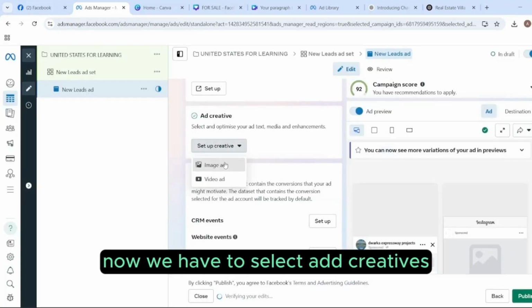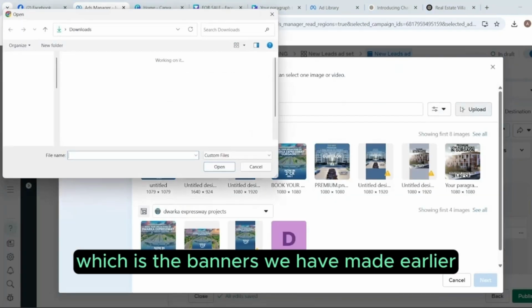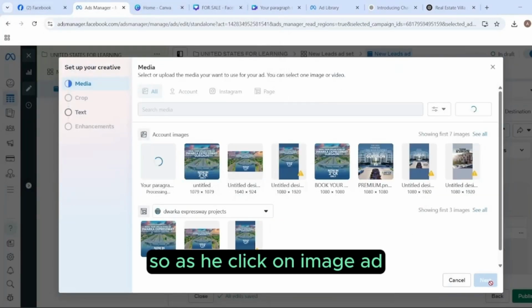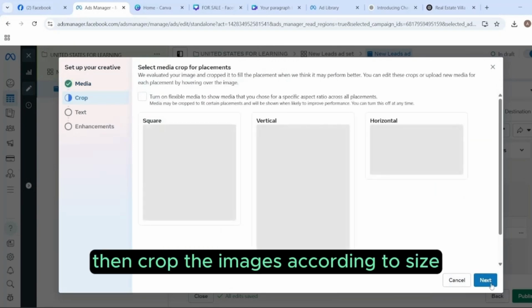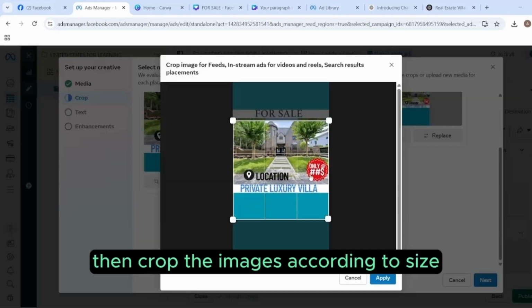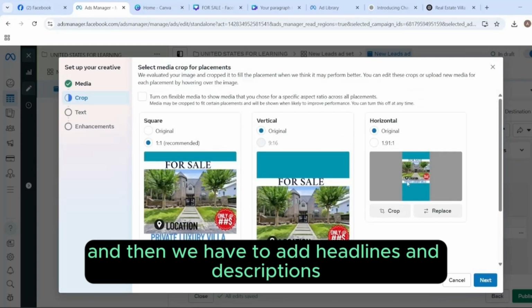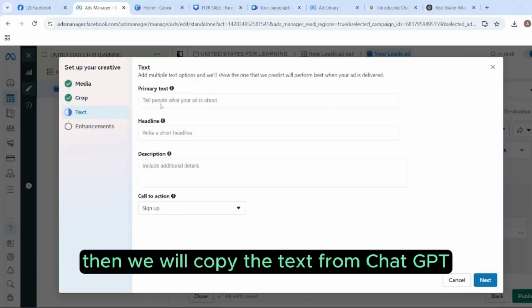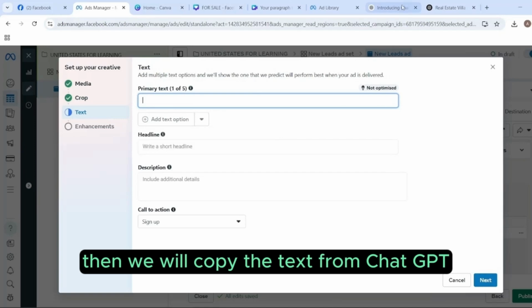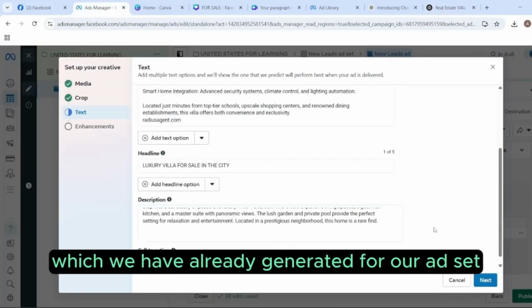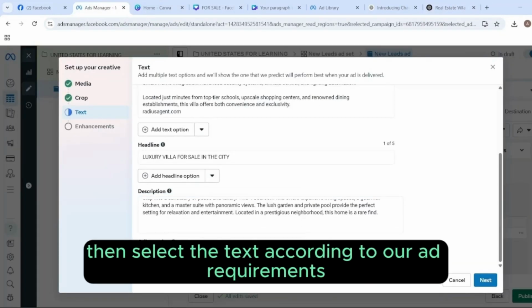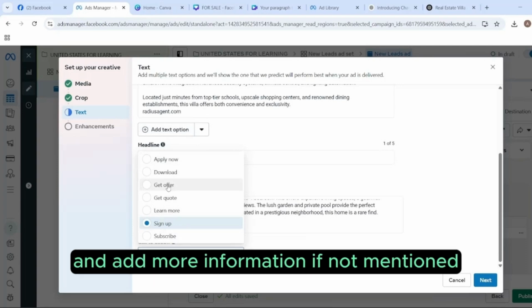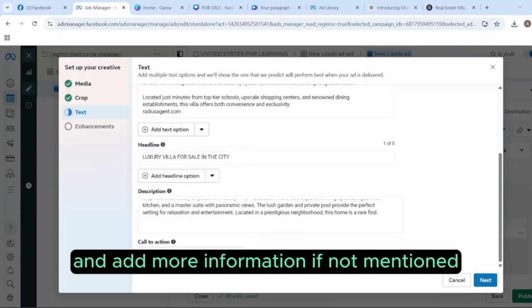Now we have to select ad creatives, which are the banners we have made earlier. So click on image ad, then upload the banners, then crop the images according to size. And then we have to add headlines and descriptions and call to action, which I am using learn more. Then we will copy the text from ChatGPT, which we have already generated for our ad set, then select the text according to our ad requirements and add more information if not mentioned. After all this,